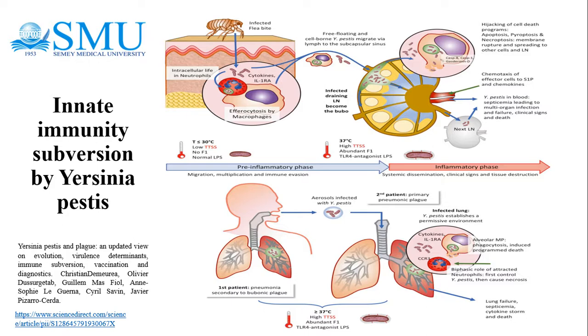Efferocytosis is accompanied by secretion of interleukin-1 RA, interleukin-1 receptor antagonist, a cytokine exerting anti-inflammatory effects by blocking interleukin-1 receptor 1 signaling. This strategy would allow Yersinia pestis to reduce innate immunity mechanisms and multiply, meanwhile upregulating its T3SS. T3SS is type 3 secretion system. Then, in its target organs, Yersinia pestis would